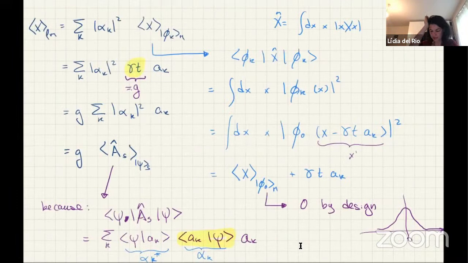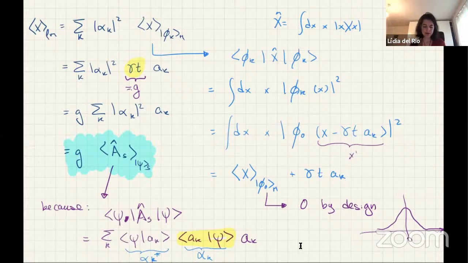So what does this tell us? Well, it tells us that we can get some information from this measurement, right? Let me just highlight the important result. This is the important result. By looking at the final position of the pointer on average, we get some information about the average value of the observable if you had measured it directly on the system with a perfect measurement.